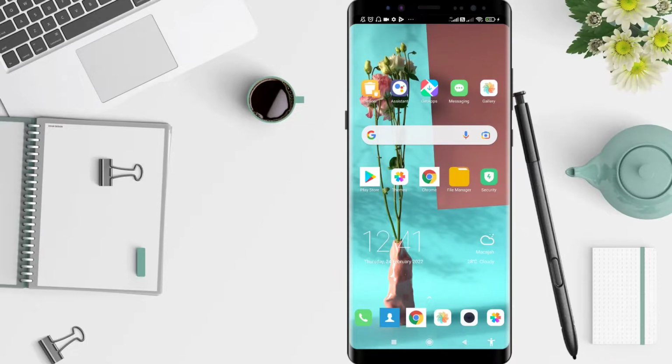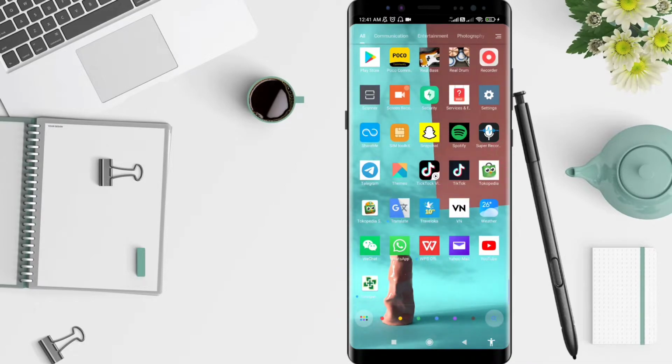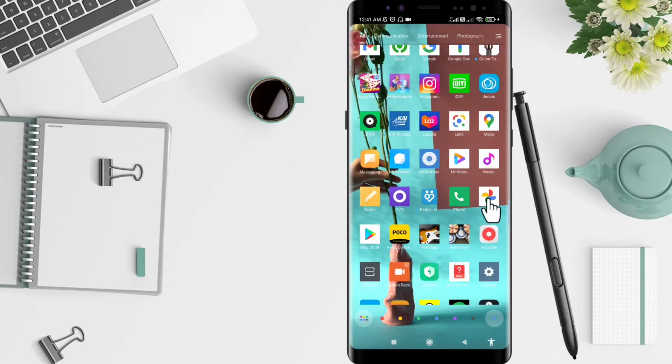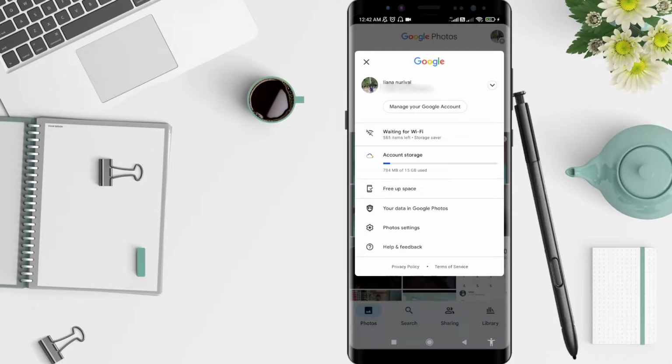And let's start. First, we go to the Google Photos application that you have installed before. Click on Google Photos here, and after that you can click the symbol at the upper right corner, and there you can see it says waiting for Wi-Fi here. You can click on it,